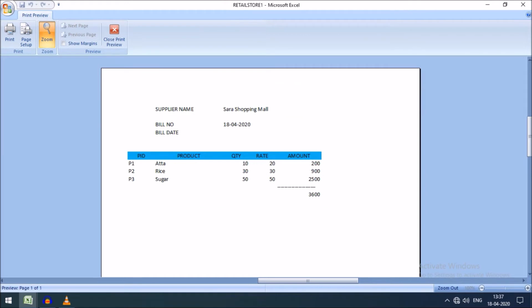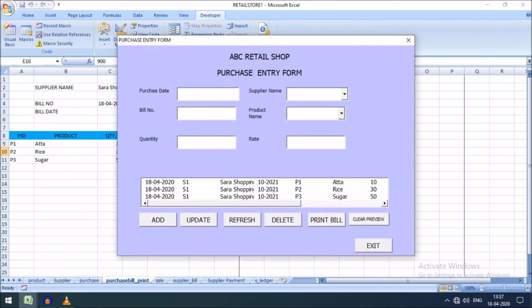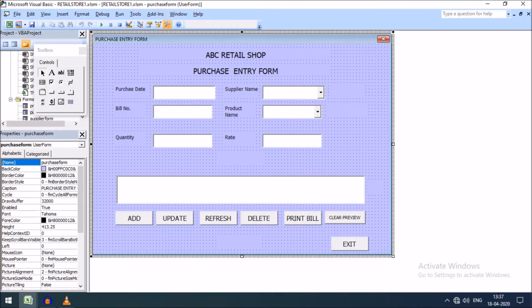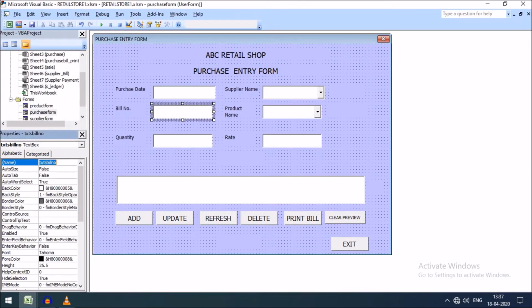Here the supplier name will be displayed, bill number will be displayed, and bill date. The bill number is not being displayed because I need to make some change here. Just going back, the print bill number section needs to be displayed here.